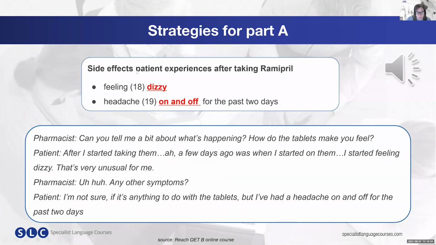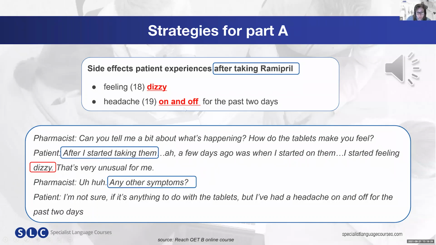Yeah, so obviously we've got the question that the pharmacist says, you know, how do the tablets make you feel? That tells you that the answer to question 18 is probably about to happen. Okay, so dizzy. And you've also got what the patient says, yeah? After taking Ramipril, after I started taking them. So it's these links that you really need to listen out for to tell you that the answer is coming up. We've also got on and off, any other symptoms, and then he says,